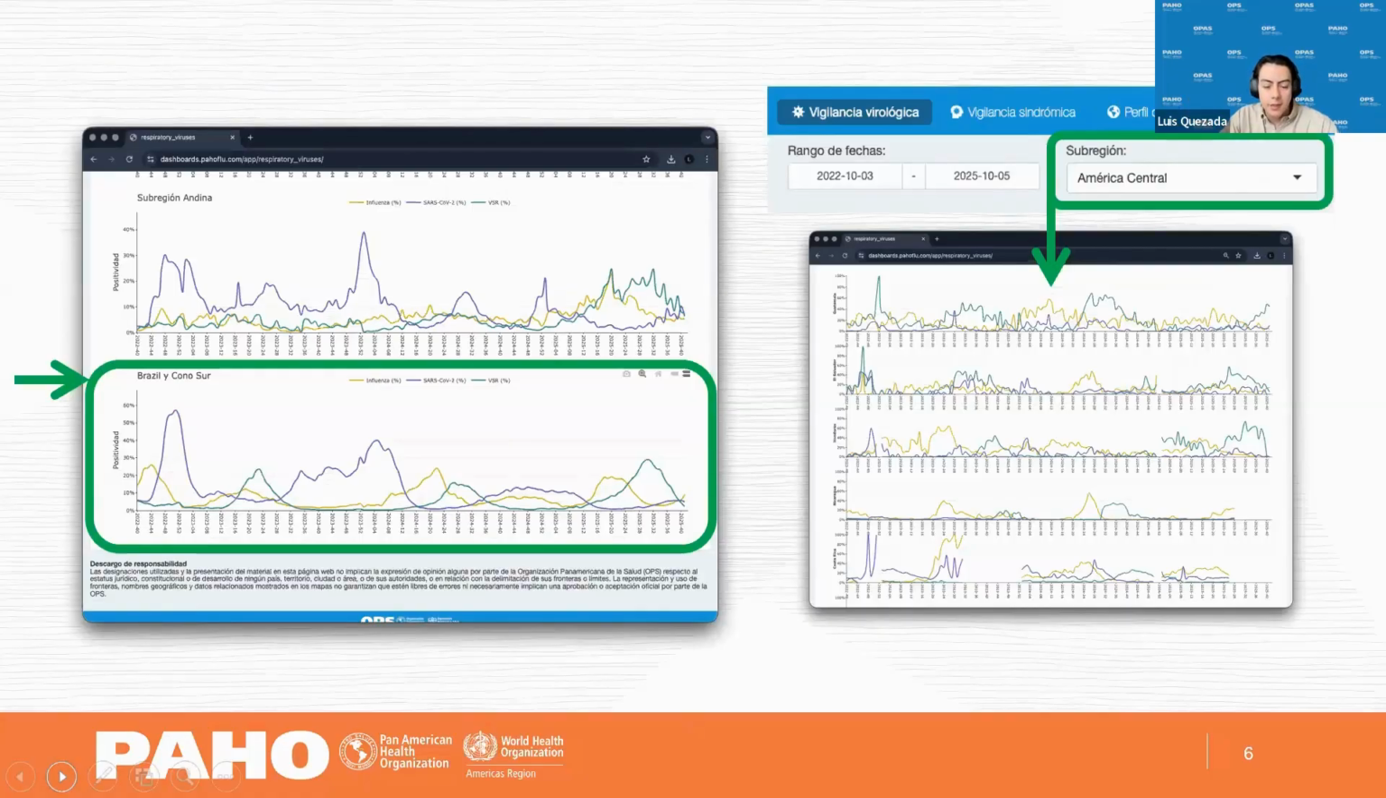From our tour, we can see that there are certain visuals and filters that provide aggregated data by subregion. On the left-hand side, we see how we could have used the virus type positiveness data for a specific region. This is in particular Brazil in the South Cone, and we could have used that graph to respond about the current situation in that particular subregion. Alternatively, we could have